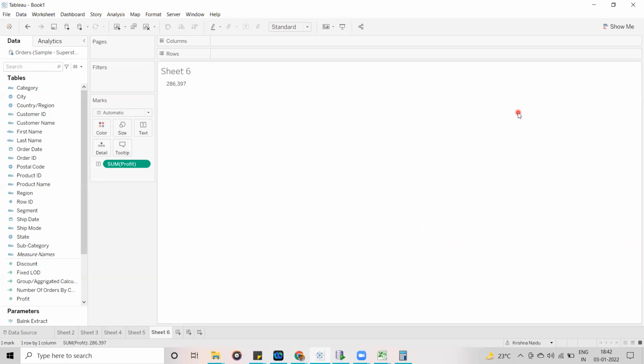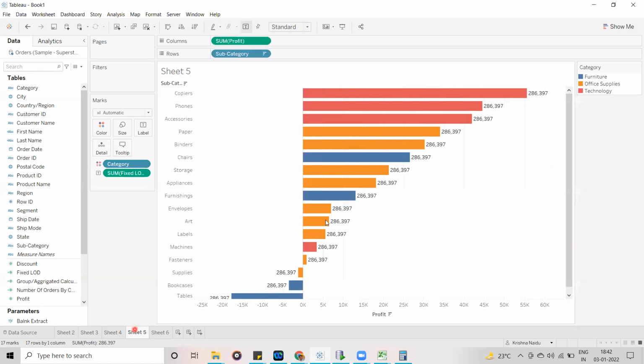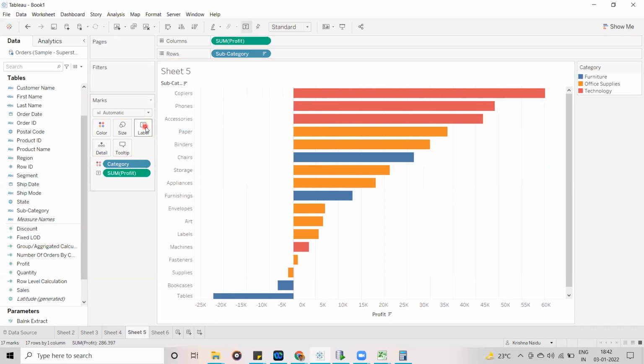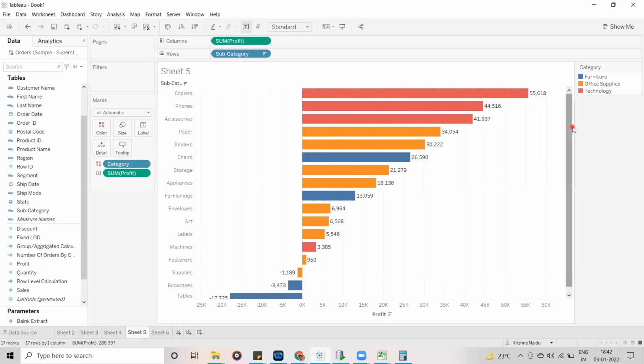Why do we need to use this? Let me give one more example. Let me remove this and add profit here. These are the different profits for each subcategory. Now I want to calculate the percentage.